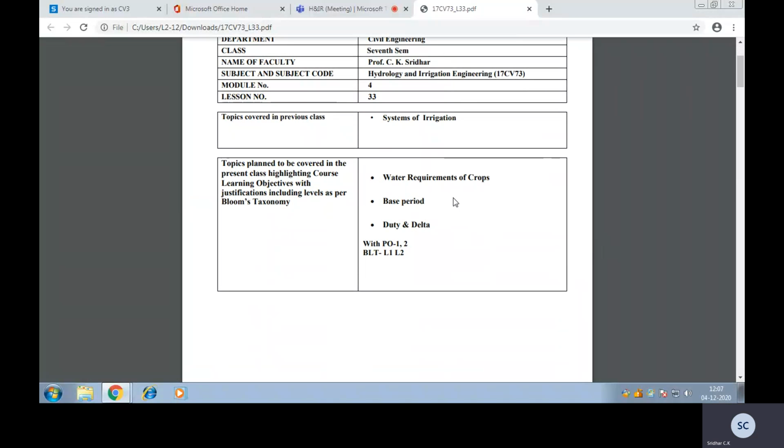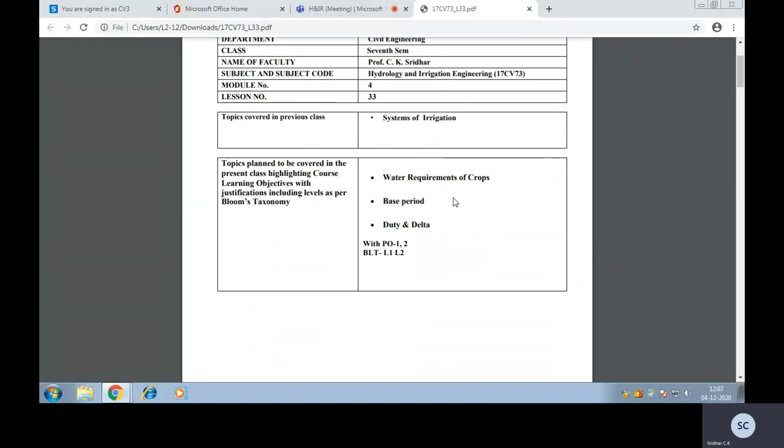This period we call the base period or crop period, and the total depth necessary for the growth of the crop, we consider it as the delta,